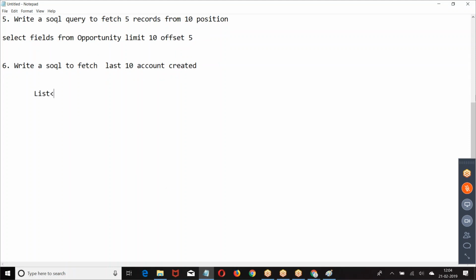So how do I give it? List of accounts, select from account. Now order by or limit, which is first?